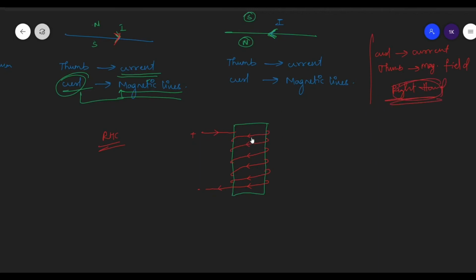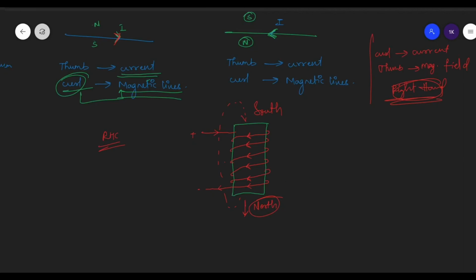So here you represent your four fingers. Whatever the four fingers you have, try to wind them around a pen. Try to surround the pen as shown in this particular direction. And now try to observe where your thumb is pointing. Thumb will be pointing downwards, which means always thumb represents the north pole, because from here only the flux lines are emanating from that particular point and entering into the south pole. If this is not, then the opposite would be definitely south. So this is the one way, and the other way would be